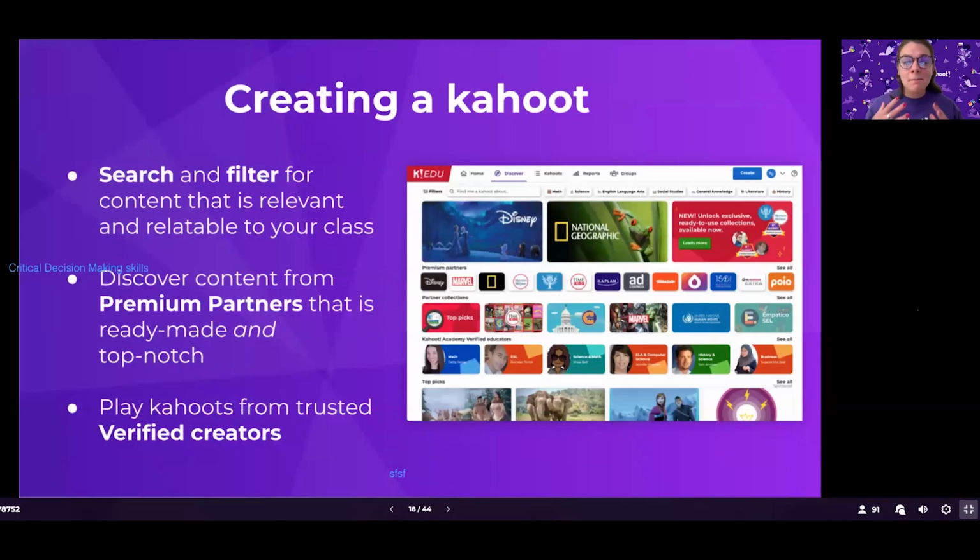But as I mentioned, there are millions and millions of ready-made Kahoots that are already available to you to host, to play, to share, to experience right away. And they all help to address that experience of critical thinking rather than just rote memorization. The native and integral experience on Kahoot is really for that kind of learning experience itself.